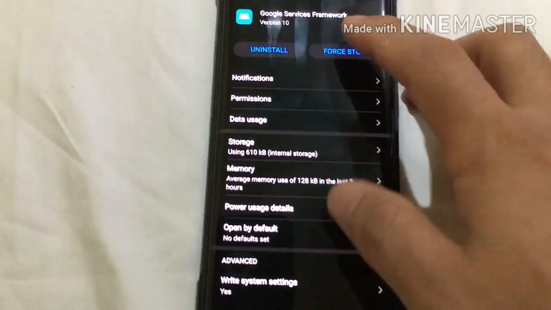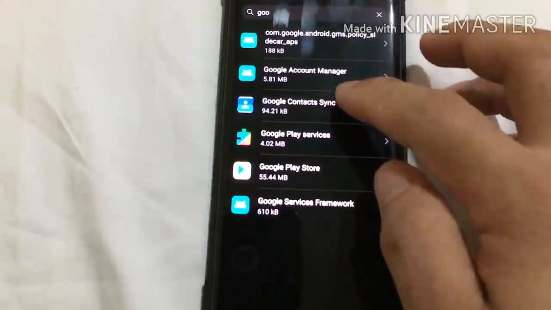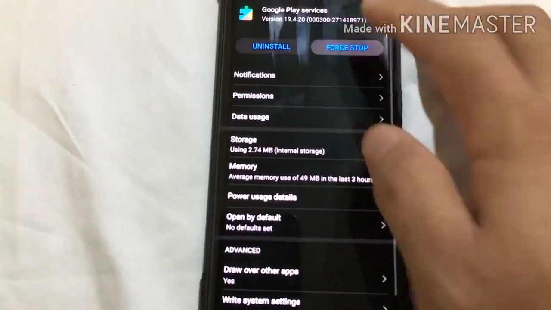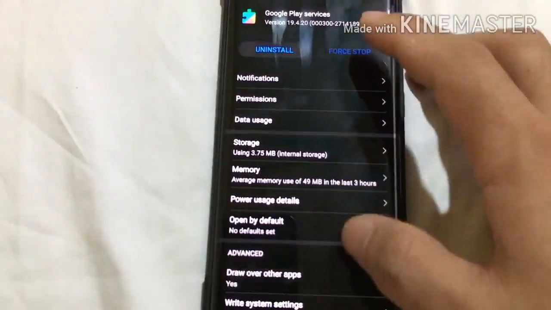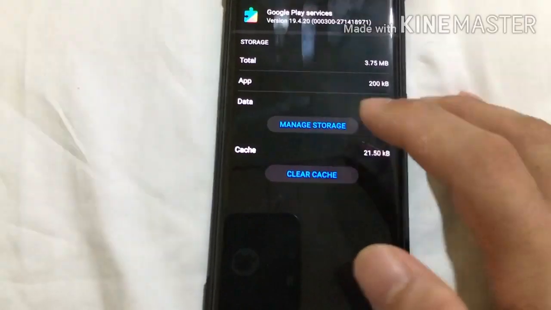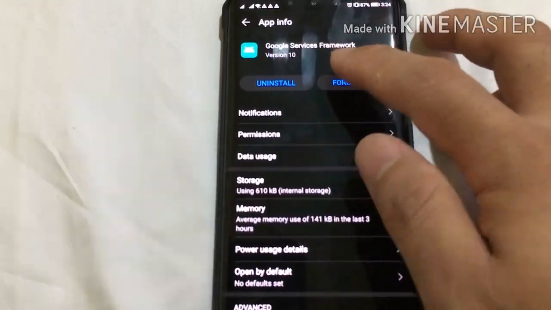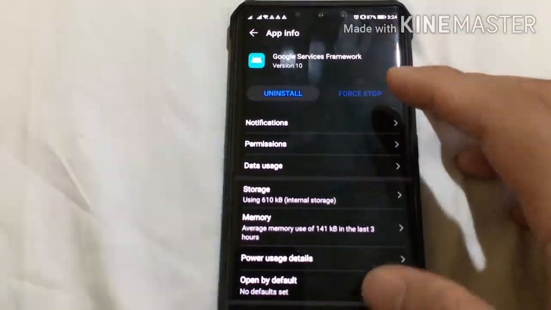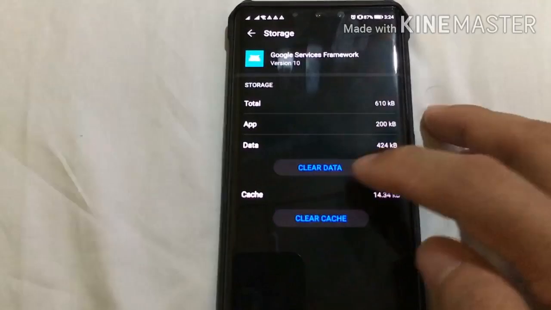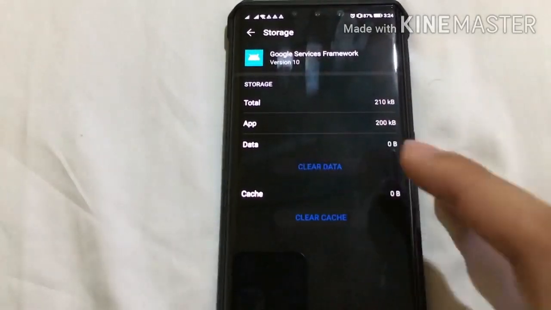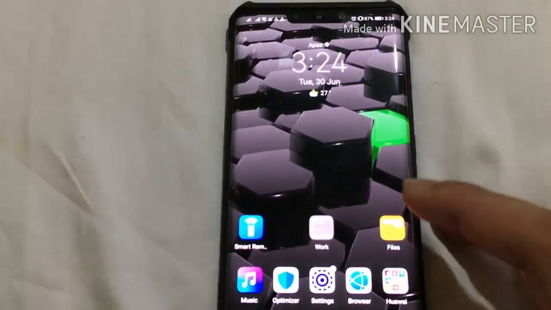So let me just try that. Let me go first with the services here. Force stop it. Okay, storage, clear cache, go to framework, attempting to force stop. Okay, then clear cache and clear data, close everything out,